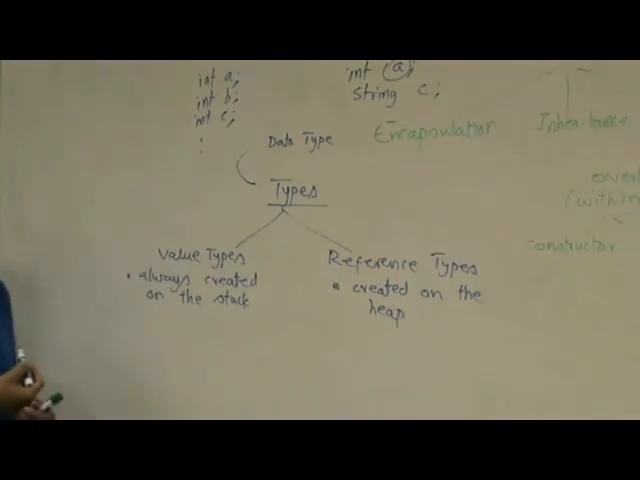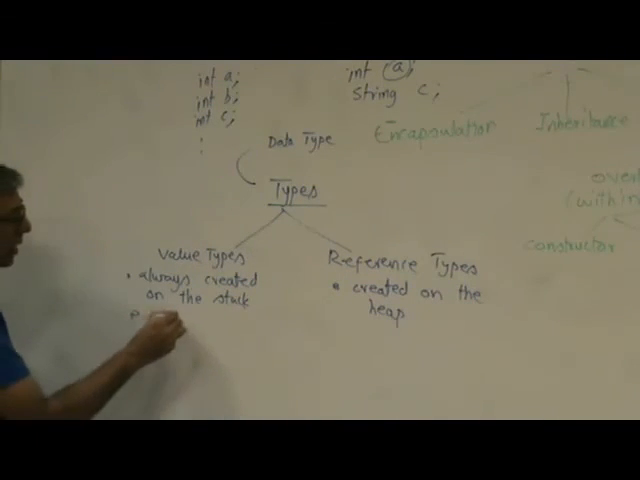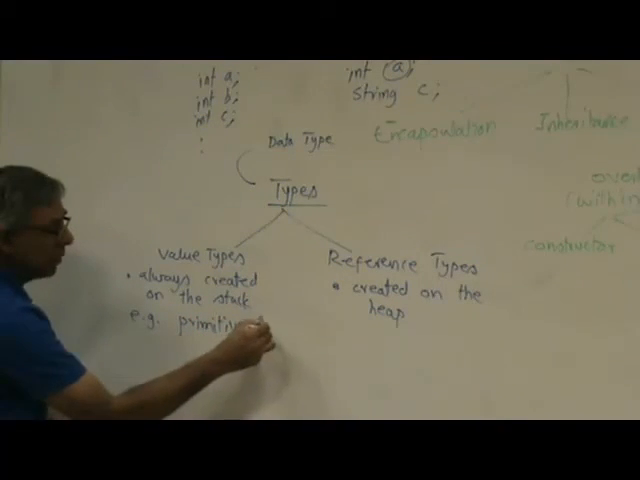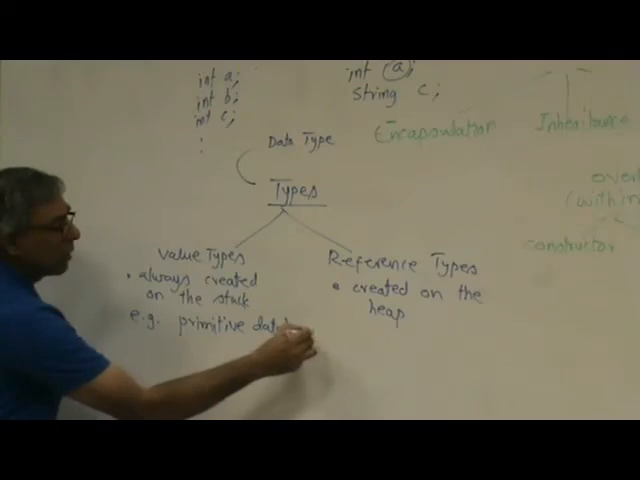Okay, so what are the examples of a value type? For example, the basic or the primitive data types. Okay, what are the basic or primitive data